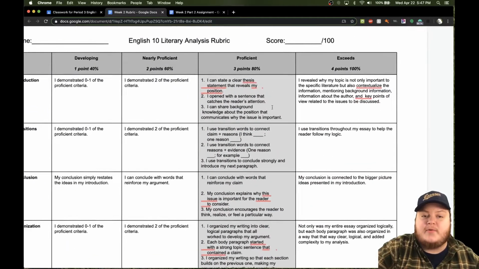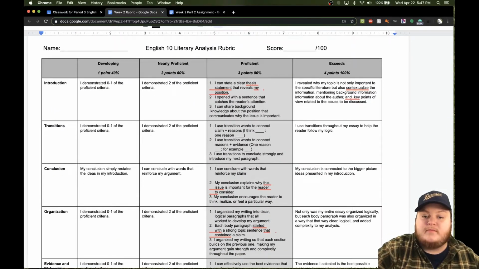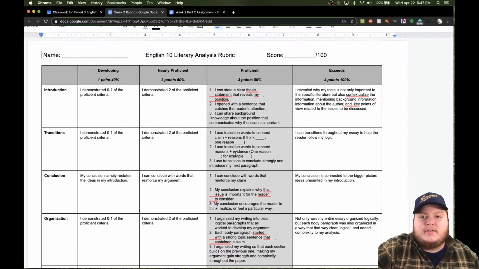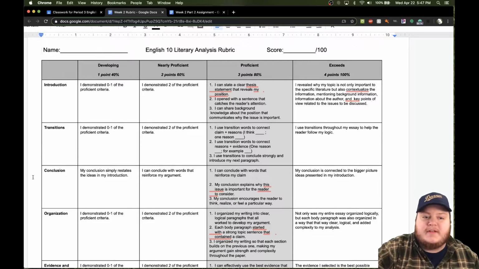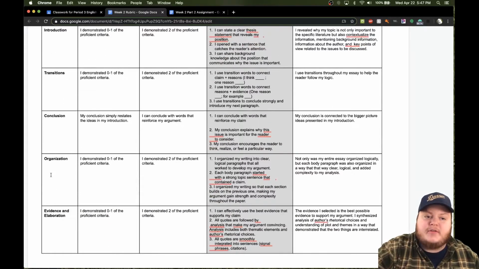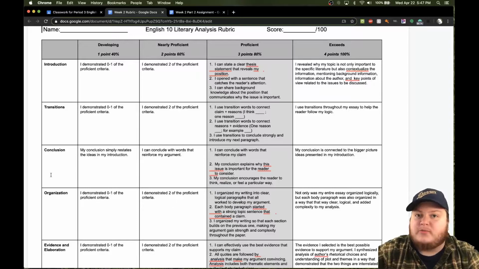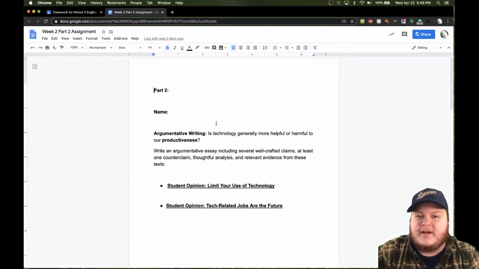For the rubric, this is how I'm going to grade you. Just make sure that you're looking at this checklist. Like I mentioned before, last term, we were using many more things that I was going to grade you on. I want you to think of this kind of like a timed write, because we're getting ready for essential skills tests, which are going to happen next year. With that, you should spend about roughly an hour on those responses. So when you type this out, start thinking of trying to do this in about an hour. You can spend more time if you want to, but I'm just letting you know that's what I'm thinking of.